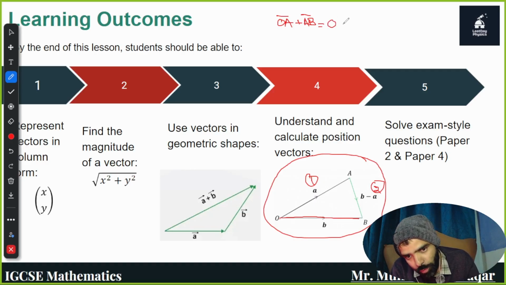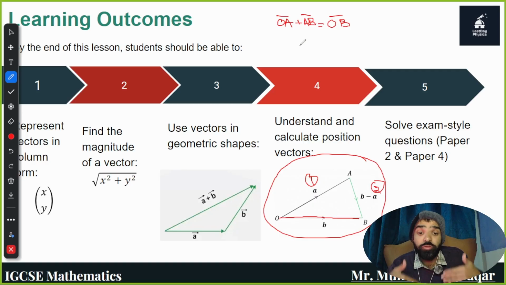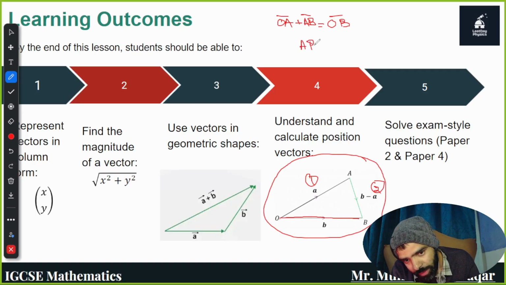So this OB is the sum of OA plus AB. Now we want to find AB. So OA is a simple operation. We just consider it as an equation. So OA moves to the other side of the equation. It will be OB minus OA, and